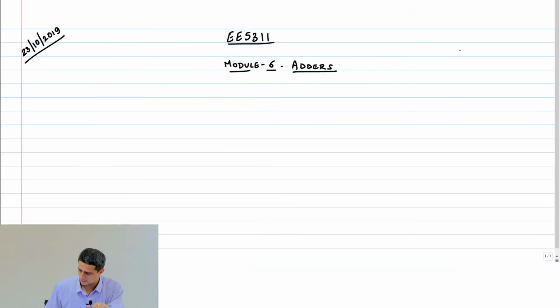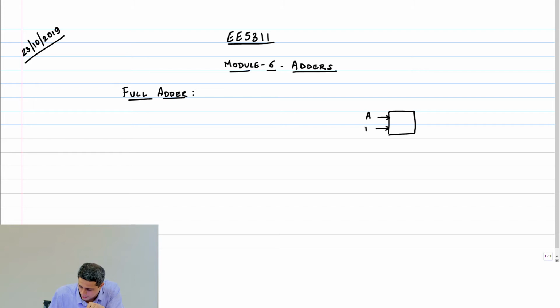So, okay, great. Let's start with the concept of an adder, and I want to look at a full adder directly. A full adder is a block that takes 3 inputs, A, B, and a carry in, and gives out a carry out.